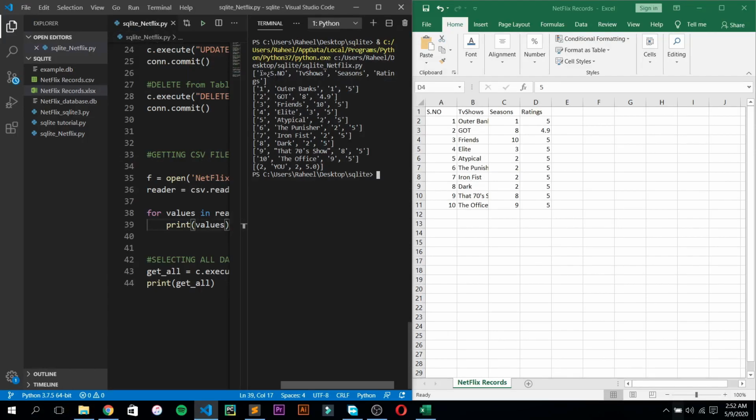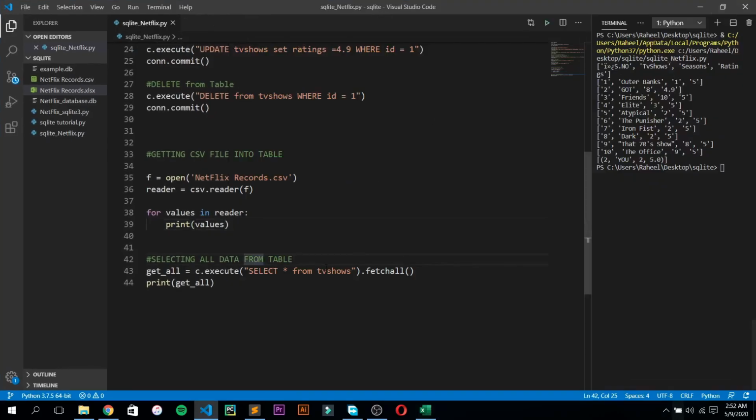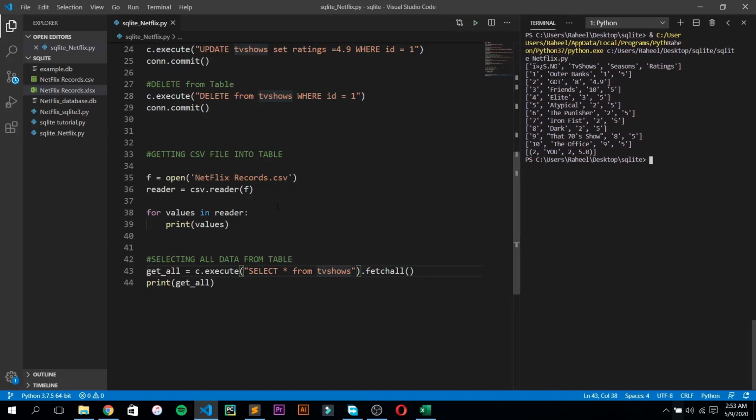We don't want to save some of this data, like the serial number, and the first row which describes the column names, which are TV shows, rating, season. We don't want to insert it into our table,